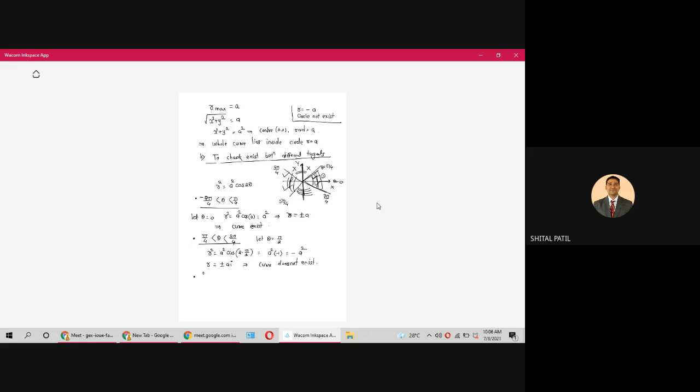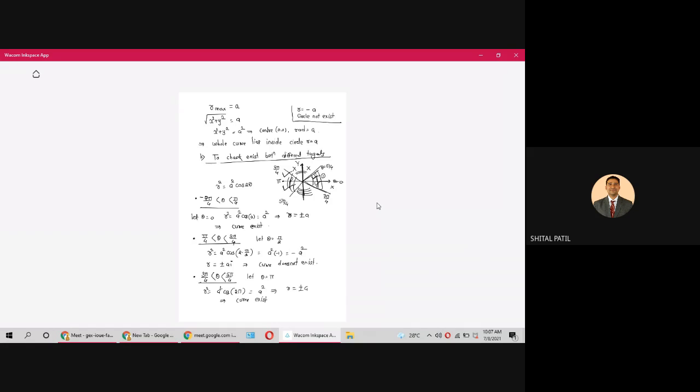Okay, so write 3 pi by 4, and if you do not understand this, you can take any value. Say you can take pi. Let me take pi also. You understand by two different ways, huh? So let theta equal to pi. Now we'll see what happens. So r square equal to a square cos of 2 theta. So cos of 2 pi is cos of 0. Cos of 0 is 1. So r equal to plus minus a. What is the conclusion? Curve exists. So इस part में भी curve exist होता है.